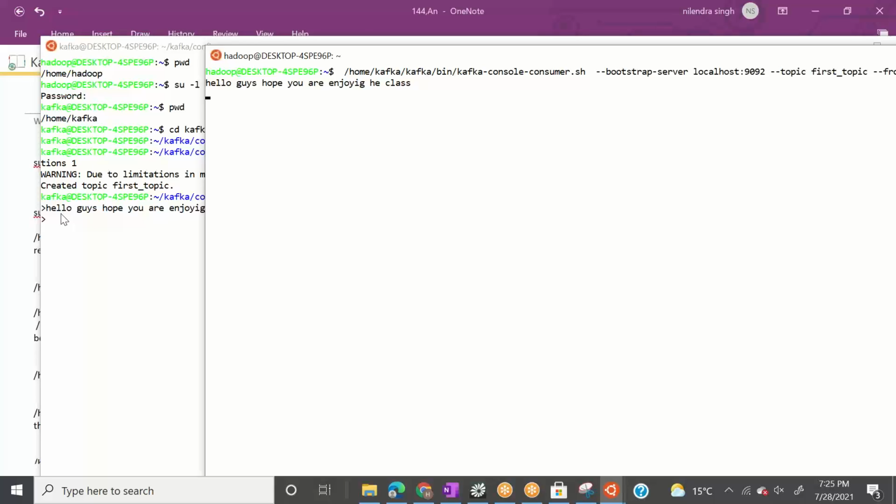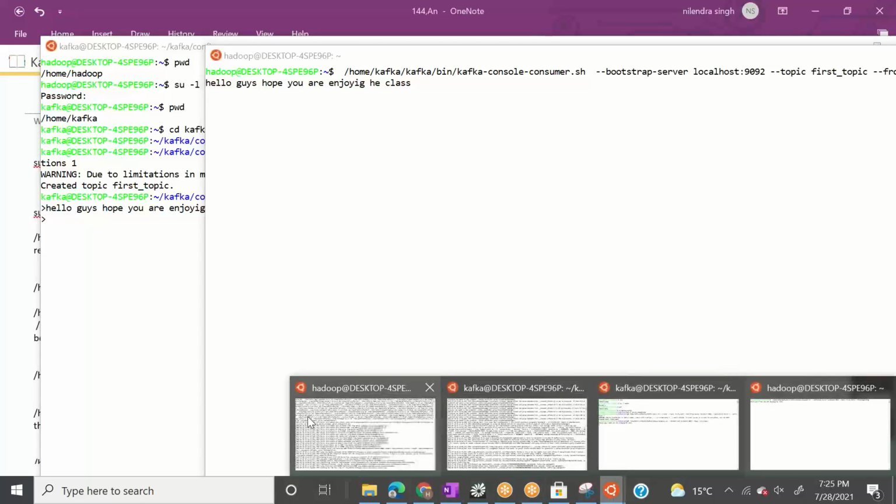Now let me explain it on paper. I write something here, and it came onto this console. So what I write on my producer is being produced as messages. It goes to the broker, it goes to some partition, and then it comes to the consumer. Behind the scenes, as I was explaining, there should be some implementation. So before I go to paper, let's see the implementation.